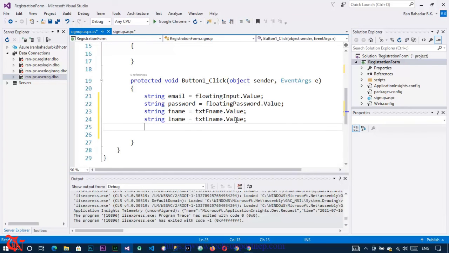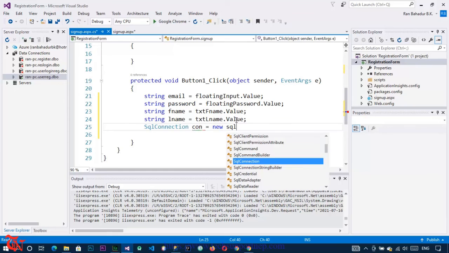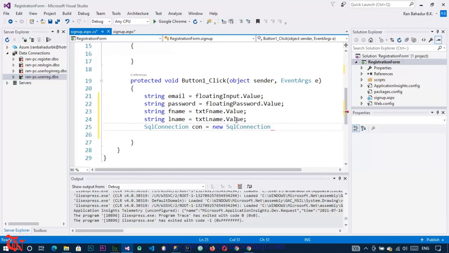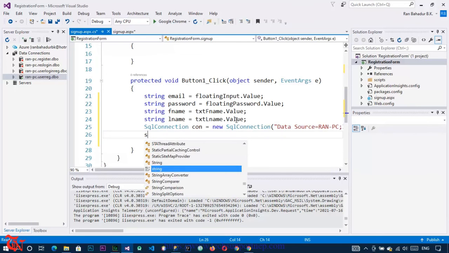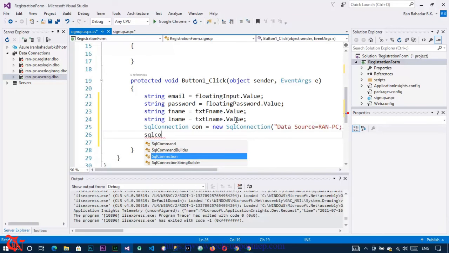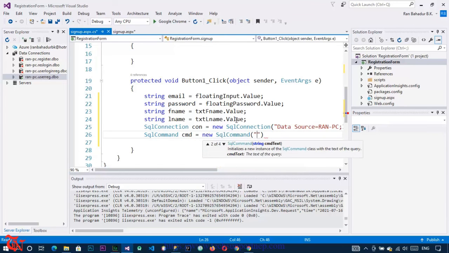Now we need to use the SqlConnection class. Con is equal to new SqlConnection, and here goes the previously copied connection string. Simply paste that, and we need the SqlCommand class in order to write our SQL command and execute it. Cmd is equal to new SqlCommand, and here goes